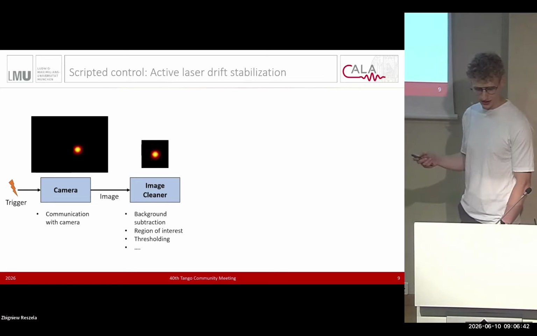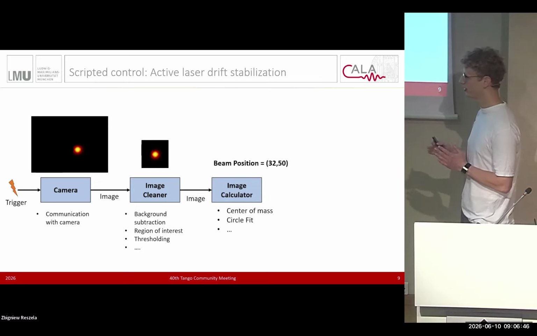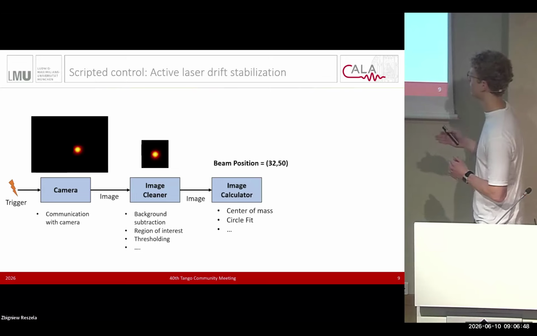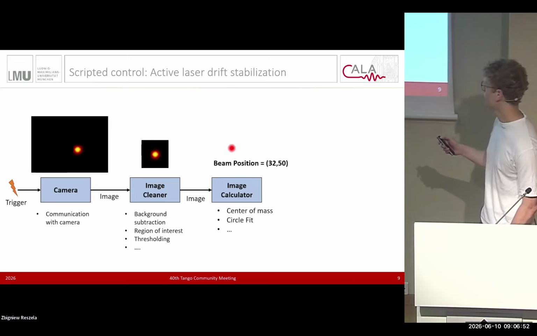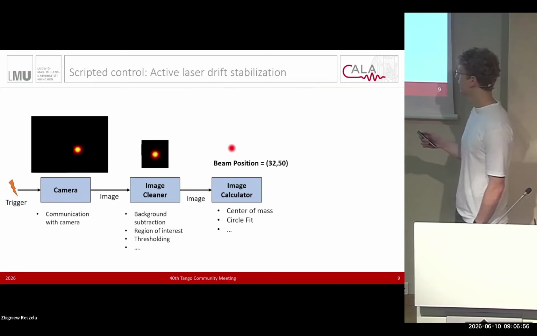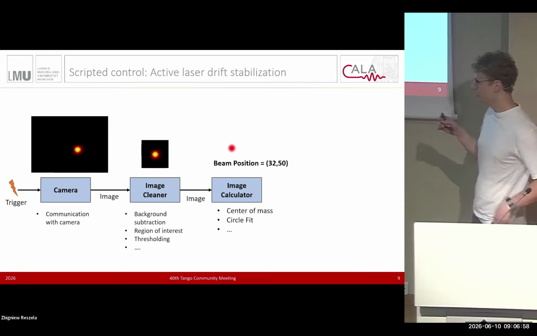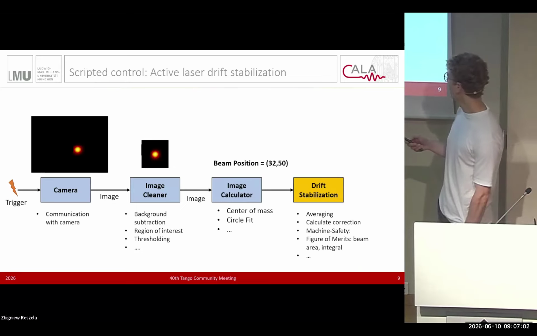And then we give this cleaned image to the image calculator, which is again a new device, and where we calculate the beam position, where we could use different methods like center of mass. And if we do this for both pictures, for the far field and the near field,